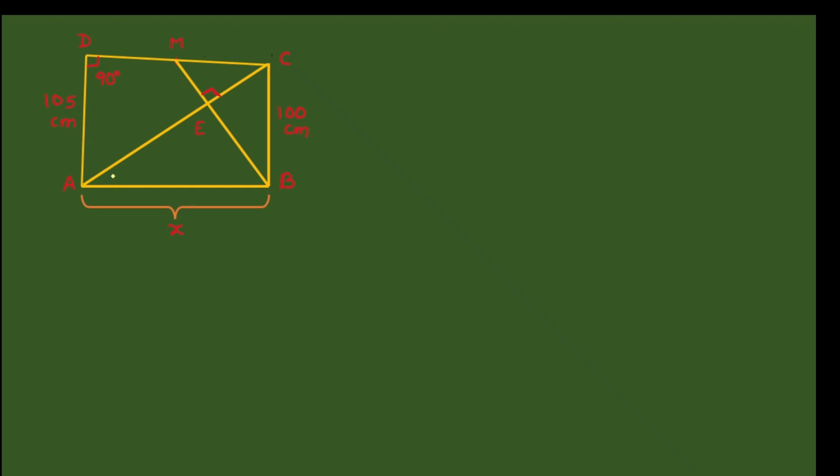Hello friends, welcome back. Today in this session we will solve this geometric problem. Here we have a quadrilateral ABCD and angle ADC is 90 degrees and its two side lengths are